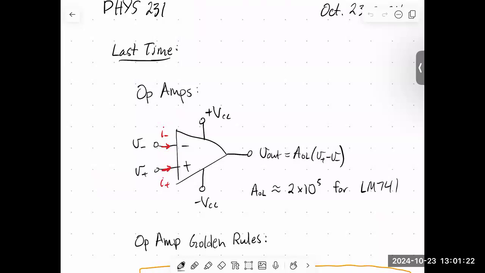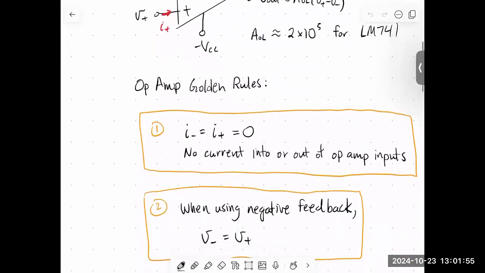The other thing we just made note of is that the op amp needs to be powered. So it needs to be powered with plus minus VCC. For us, we'll use 15 volts for VCC, so we'll power this thing with plus and minus 15 volts. And that was everything we needed to know. We just made a note of the fact that in most circuit diagrams with op amps, they will usually omit the power terminals in the diagram, but they are always there. The op amps need to be powered.